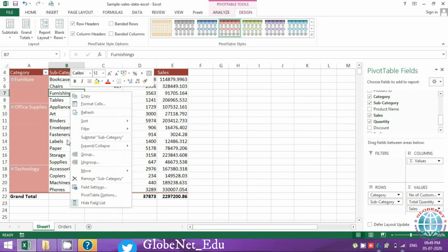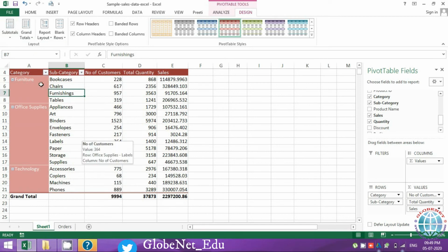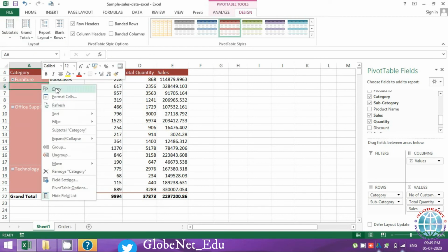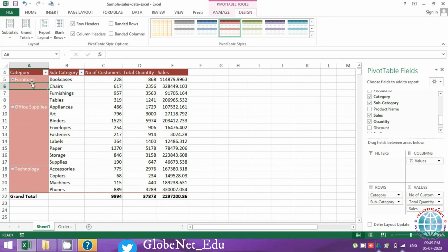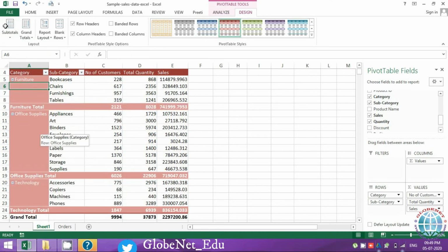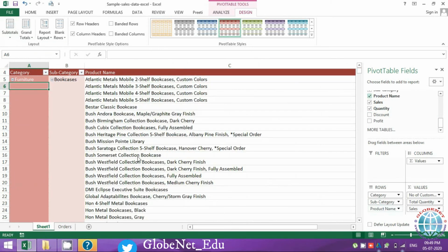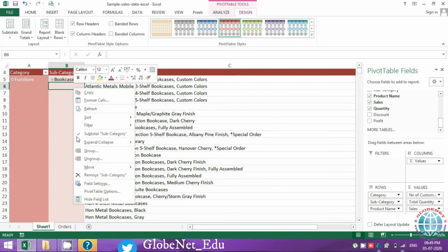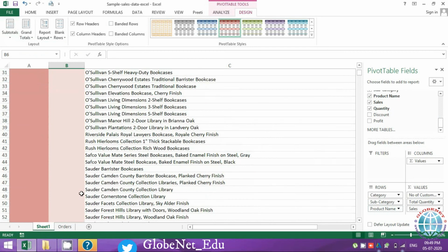You want to add a subtotal for one particular column, you can just specifically come there. Usually a subtotal would happen on a bigger group, so like if you had two groups here, it will go on the previous one. If I had one more group, then probably I could have done over here. So let me just do it over here. Okay, you can right click and do. Let me add something. Let's say I add product name also, just to increase the number of groups. And now if I do subtotal subcategory, I had already done, if you noticed here, I should have got a total.